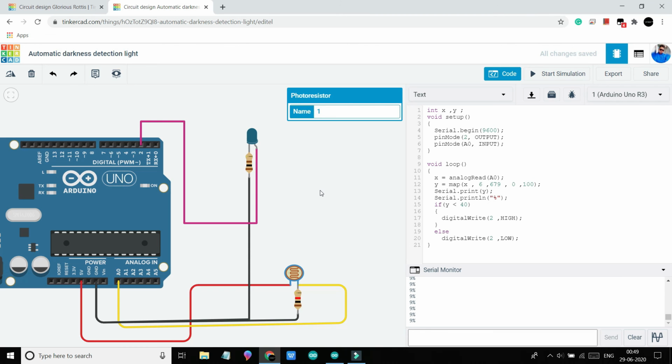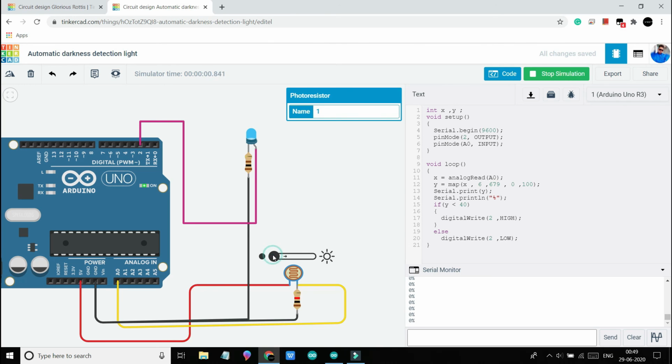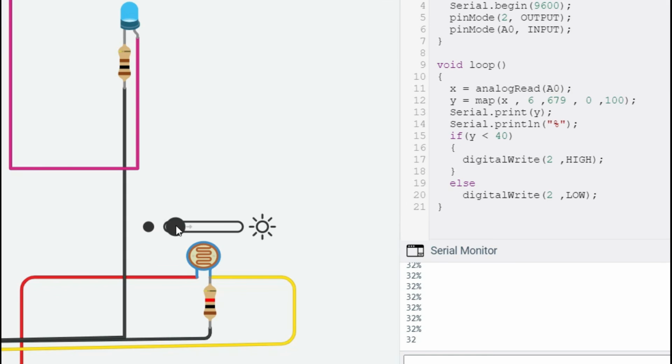Here is our circuit. LDR connection is the same as the last circuit and one LED is connected with Arduino pin 2, just like our several other projects. Now I will press start simulation and increase the brightness slowly. You can see that brightness is increasing in the serial monitor, and when it crosses 40%, our LED is off.